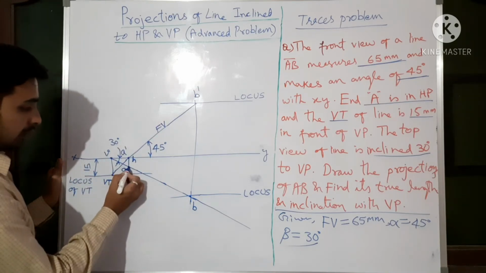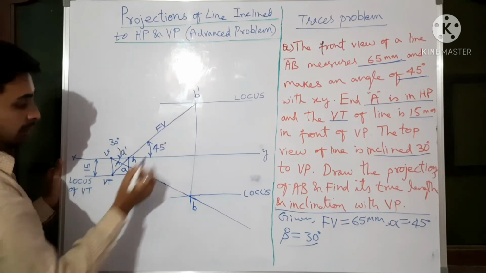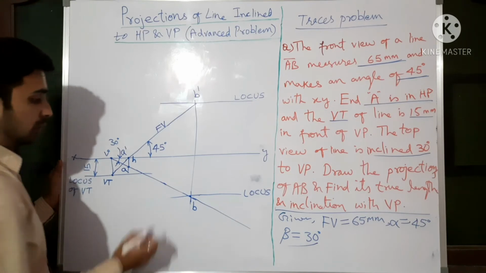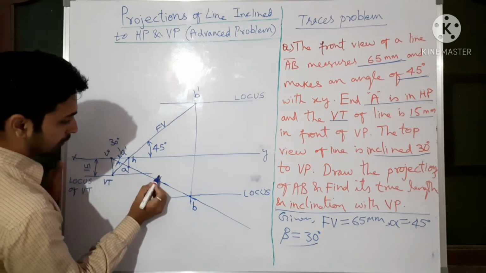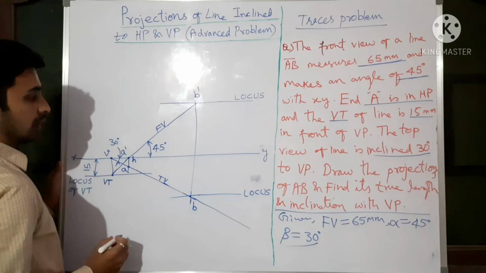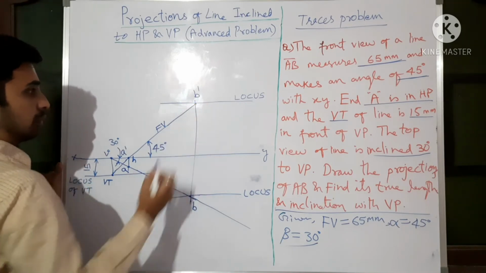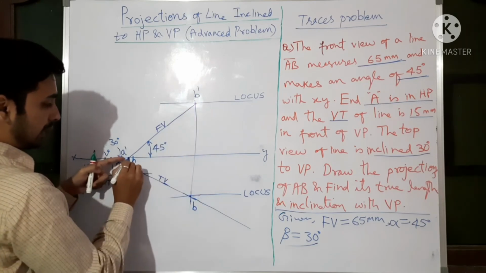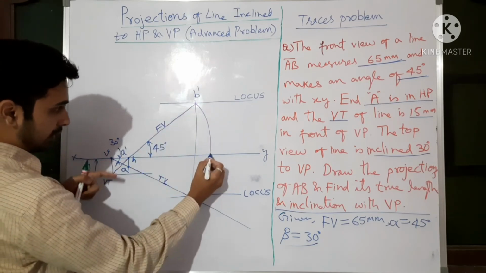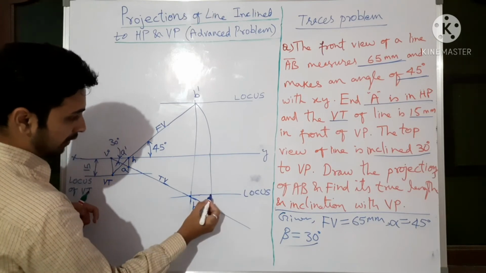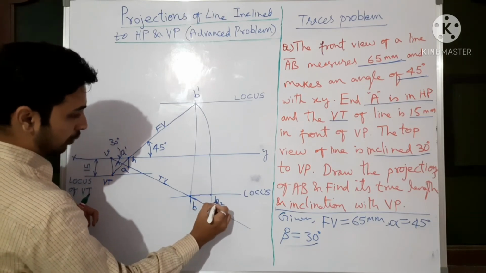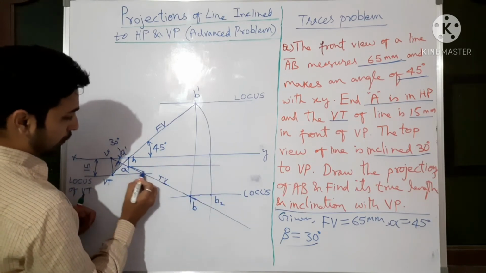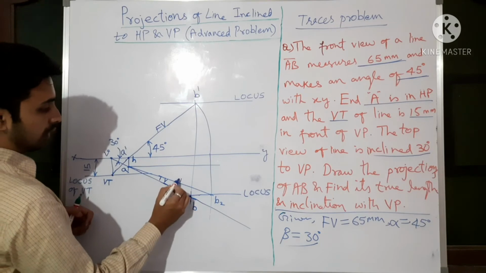Now after getting A dash to B dash in the front view, and A to B in the top view, rotate the front view, like we project the true length, front view and top view we will rotate. Take this center, this is the radius, rotate it and project it down. Wherever it is intersecting is your B2. Join these two. Here you can draw one construction line from A to B2. If you join, this is your true length.